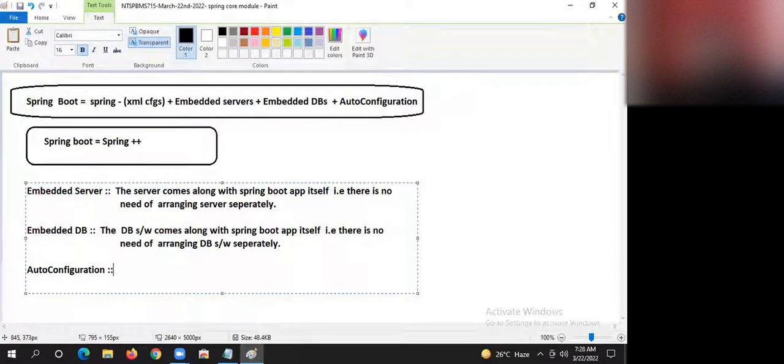By default, it comes with the H2 database. H2 is a database software. Auto configuration. Listen, guys.